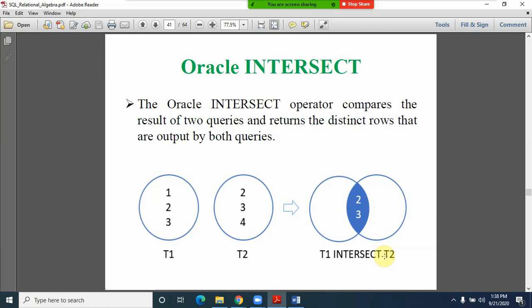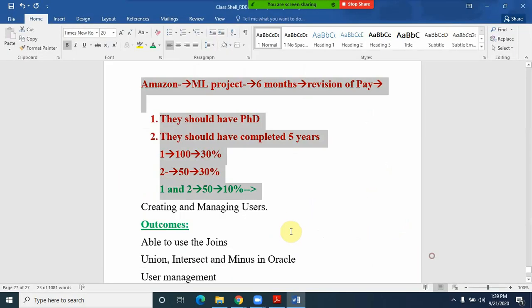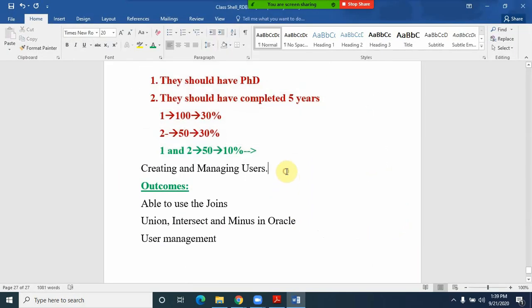We have taken double benefit to the employees. They are having both the degree as well as the experience, and they thought of giving double benefits to the members. But in case of the intersect operation, our expectation is that both the queries are satisfied. And I can say, if you refer in another direction,